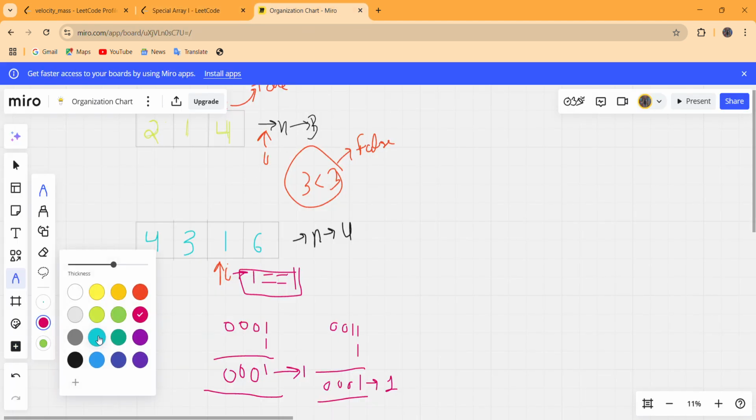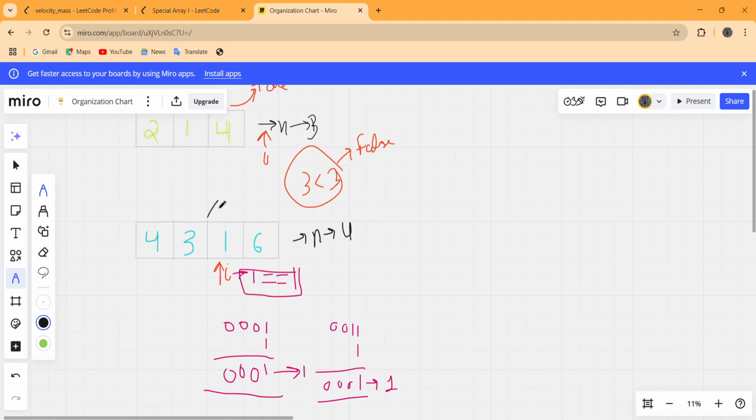So this third input will return false as the answer to the caller, and this false is returned because this pair contains two elements with the same parity.